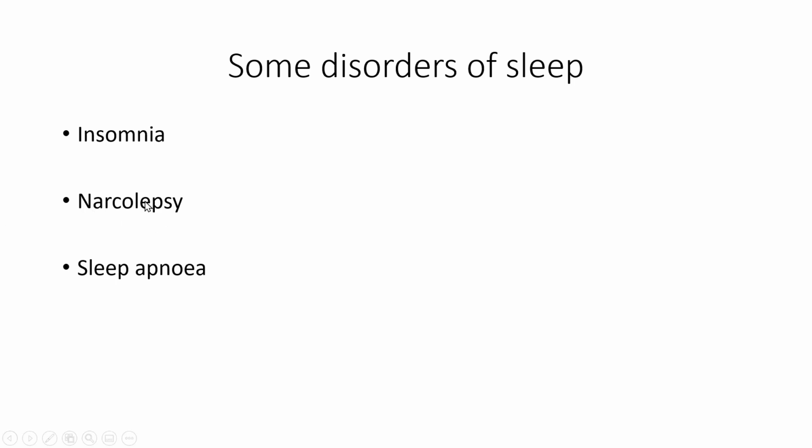Narcolepsy is another one that everyone's fascinated by, but which is really, really rare. Narcolepsy is an interesting disorder for you to read about, because it shows us the power of looking at pedigrees and looking at diseases from a molecular point of view, because by studying a family where a large number of its members were affected by narcolepsy, scientists were able to work out that one form of this disorder is caused by a mutation in the gene for a peptide neurotransmitter called orexin, otherwise known as hypocretin.